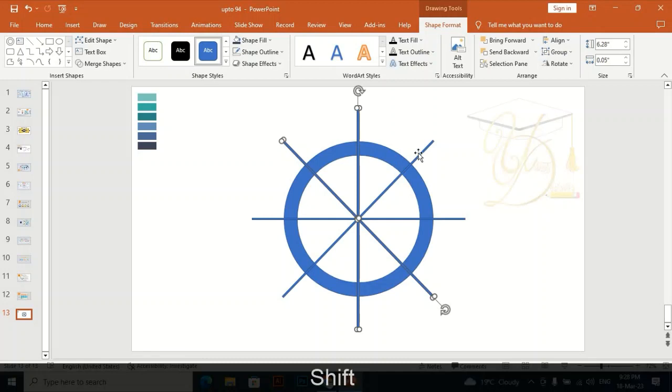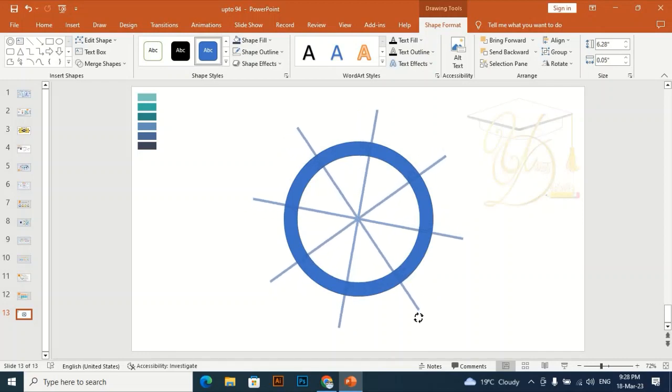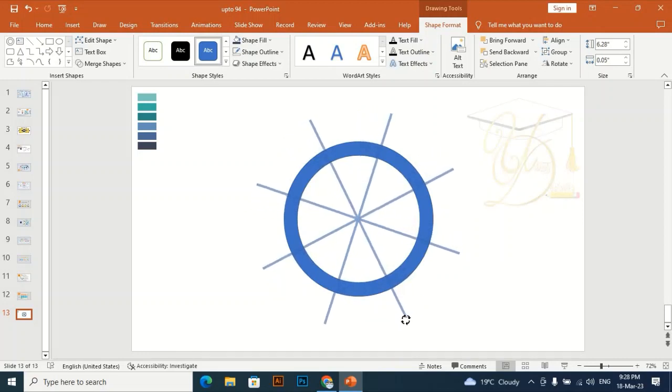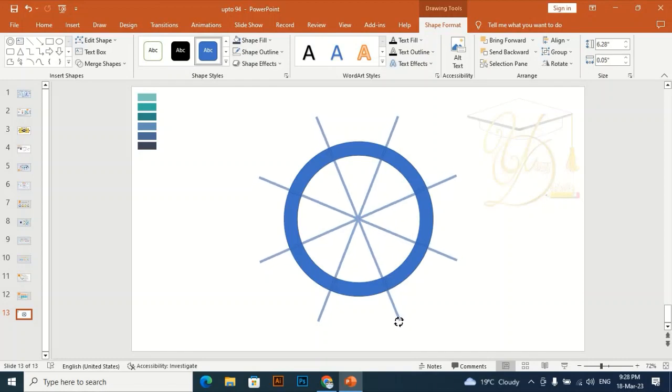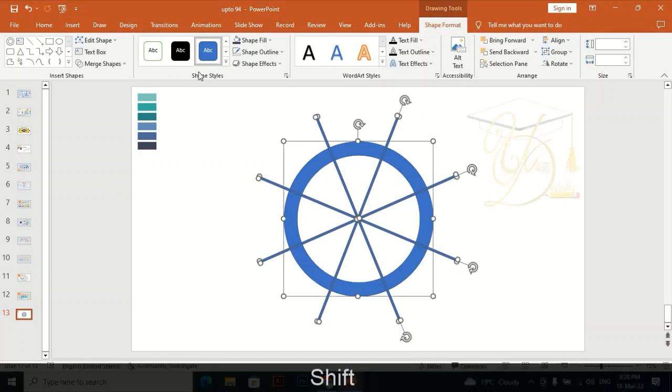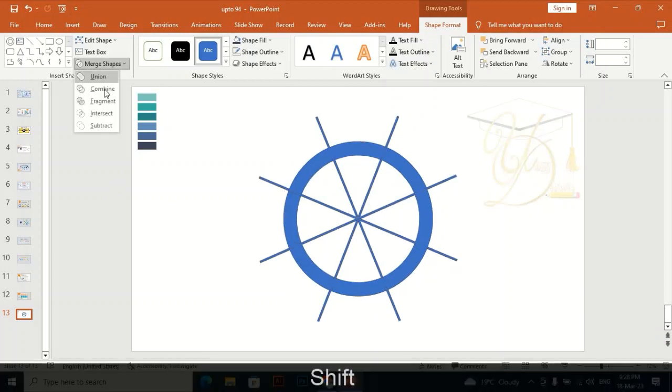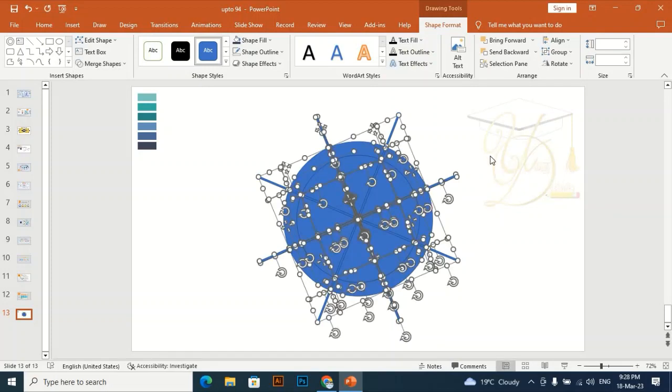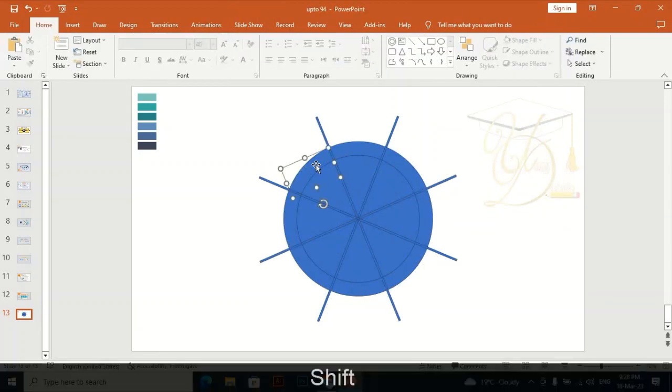Okay, select all these rectangles and rotate it through this handle like this. Let me rotate more. Yes, it's okay. And now select this hollow shape also, fragment, and let me select these